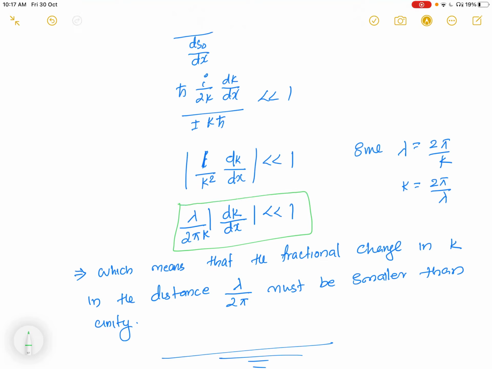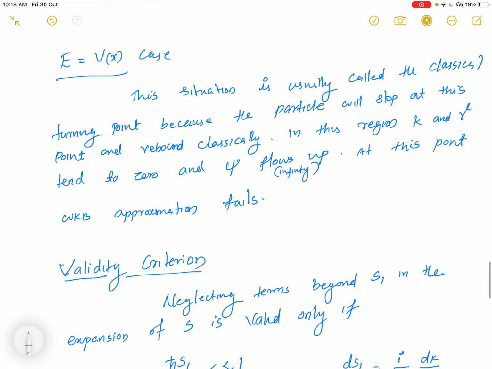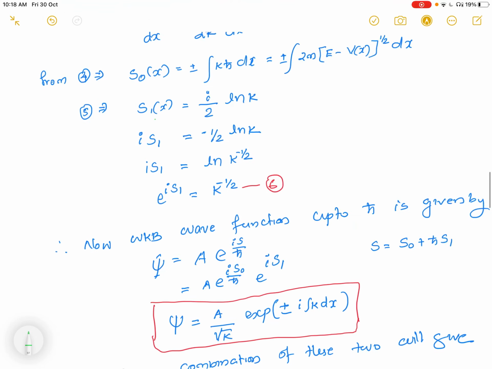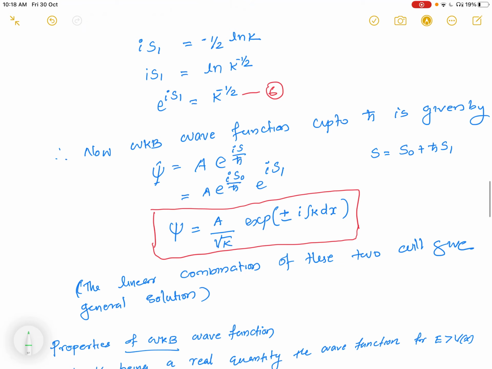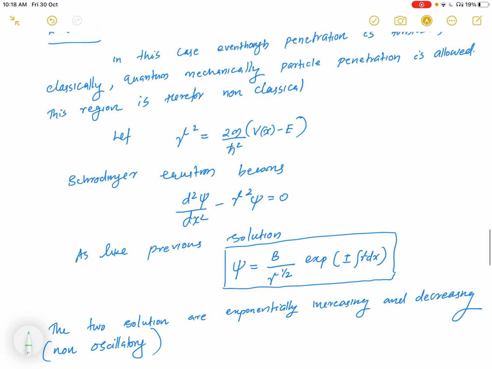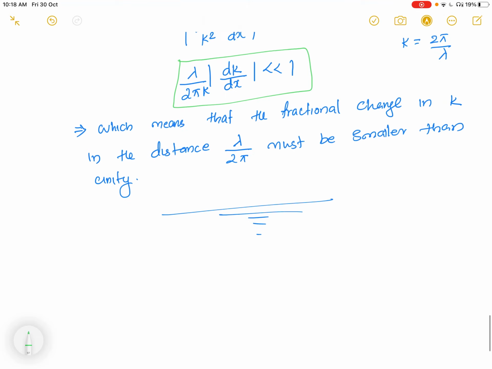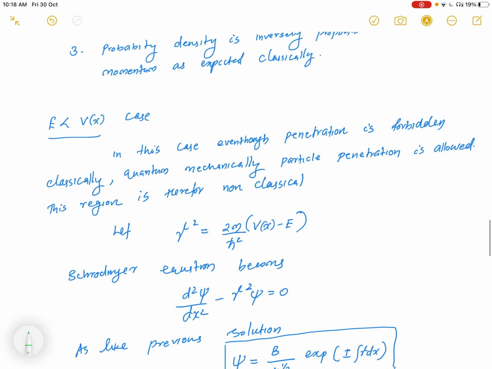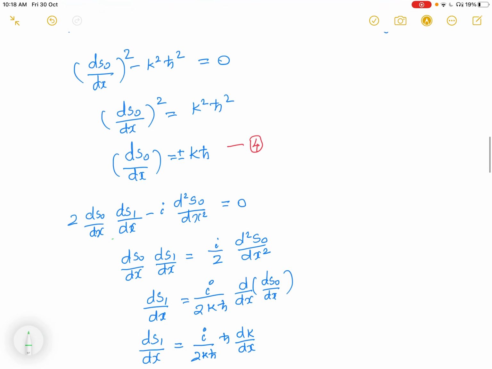This condition indicates that the fractional change in k, dk by dx over k, in the distance lambda by 2 pi must be smaller than unity. Only if this condition is valid can we use the WKB approximation wave function, psi equal to A by root k exponential of i k dx, or gamma dx form. So these are some basic facts about the WKB approximation, and in the next lecture I will explain